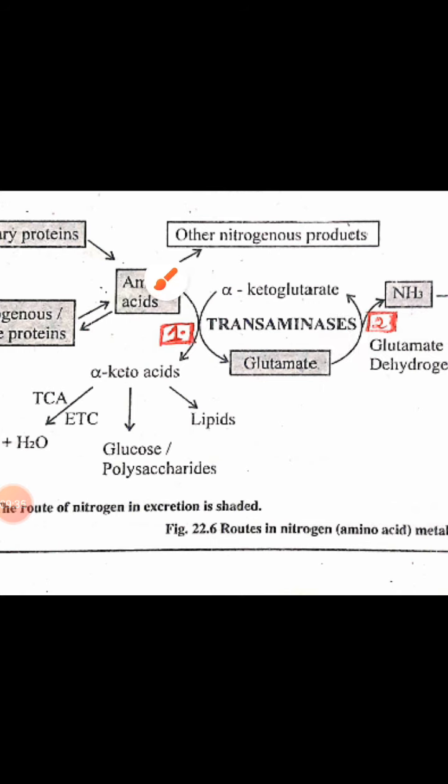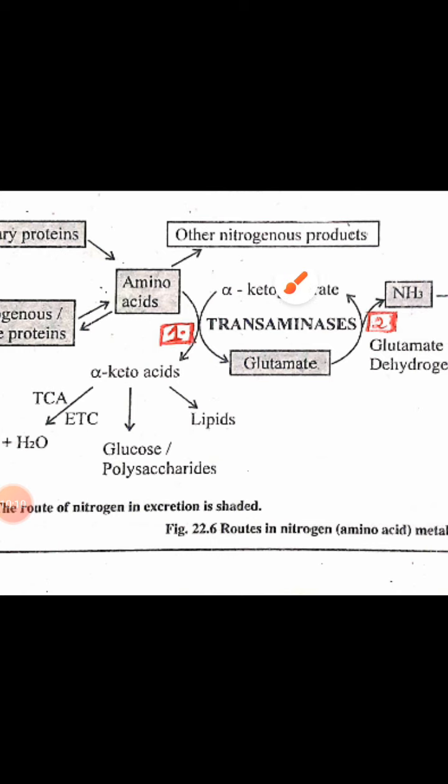What is transamination? The amino group that is present in the alpha amino acid is reversibly transferred, which means it is a reversible reaction. It takes place in forward and backward direction. It is transferred to an alpha keto acid, and of course it involves the enzymes, which are nothing but transaminases. They catalyze this reaction, and they require a coenzyme called pyridoxal phosphate, which is a derivative of vitamin B6, pyridoxine. So this process is known as transamination.